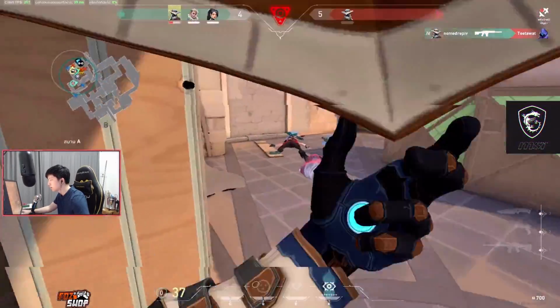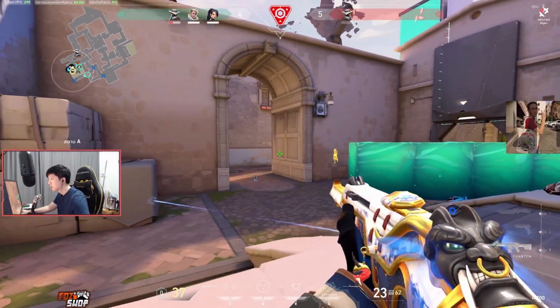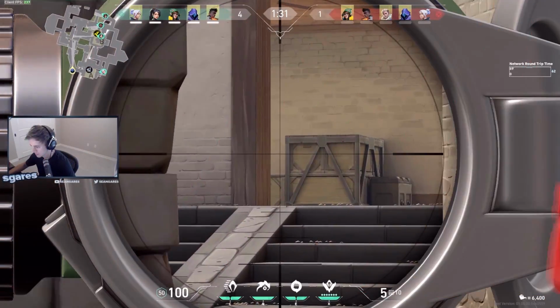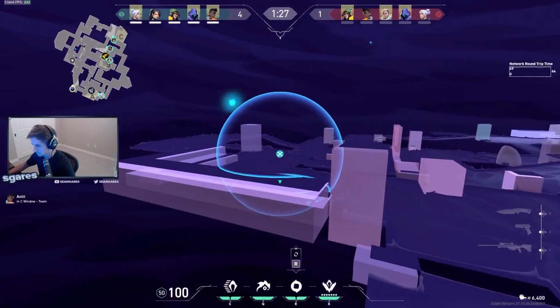It matters a lot more in pro play because pros guard each other's bodies and things like that. We're not gonna talk about that right now, but I think you get the picture. Neural Theft is very, very underrated, and if you can master it, you're gonna get a lot of value for you and your team. Now, moving on to the last ultimate we gotta talk about,